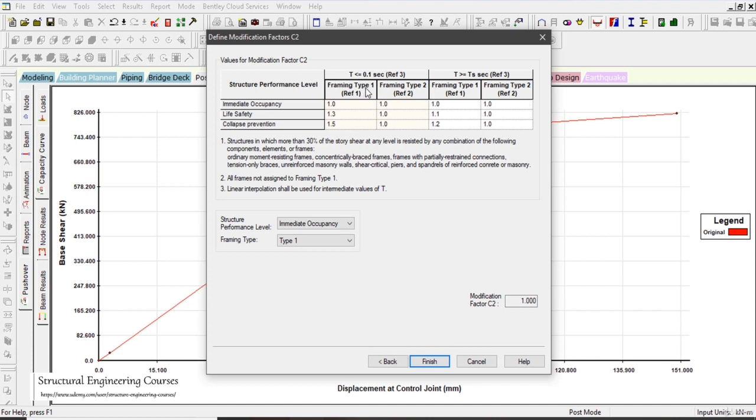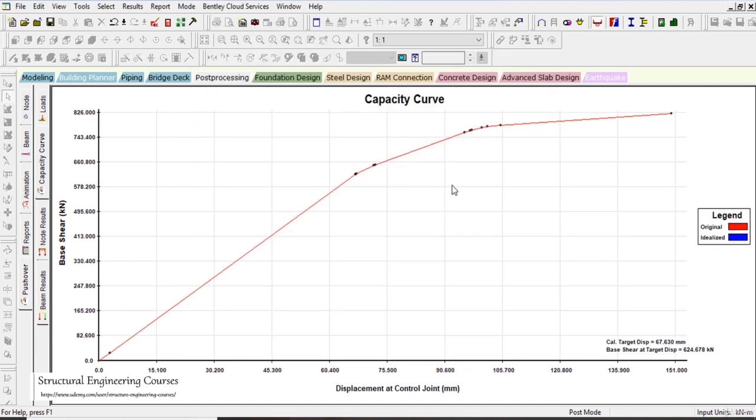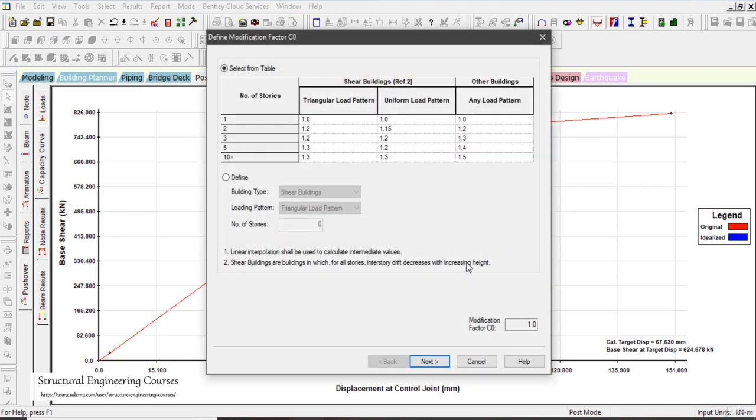After that, here we can see the structure performance. If we want it for immediate occupancy and framing type, we can select it as type 1, and when we left click on finish here we can see the original and idealized curve. So the calculated target displacement is 67.63 and the base shear at target displacement is 624.678 kilonewton. And when we again left click here,